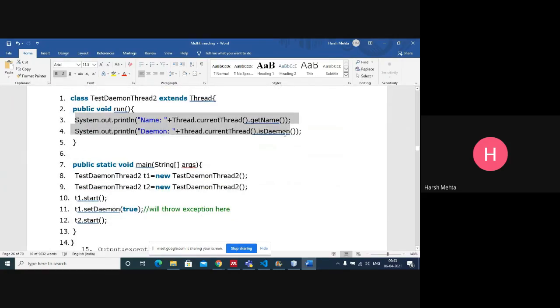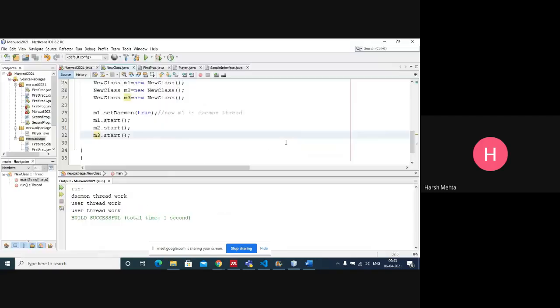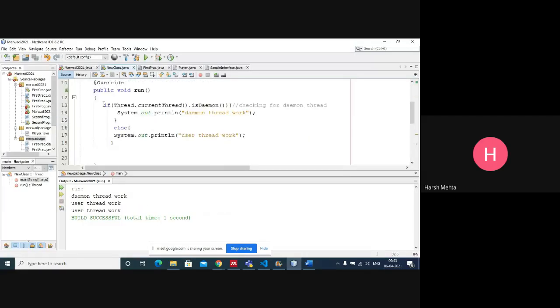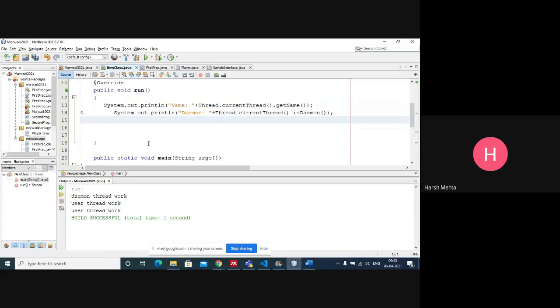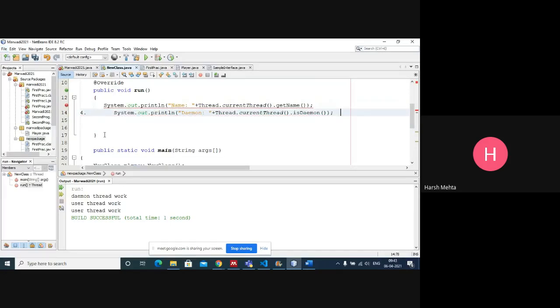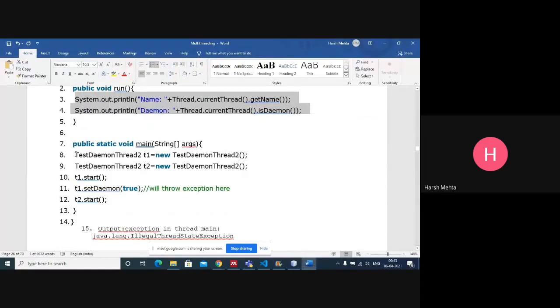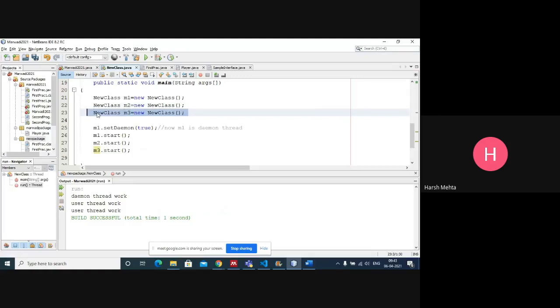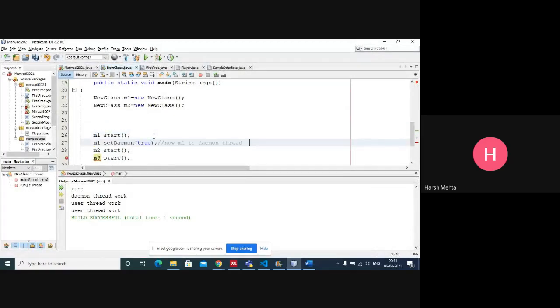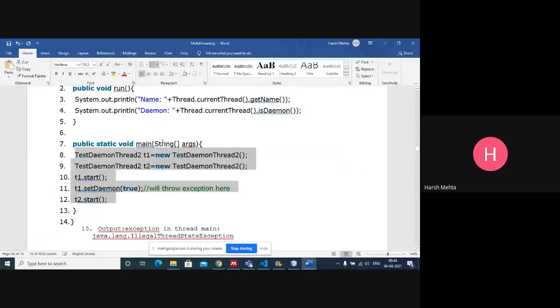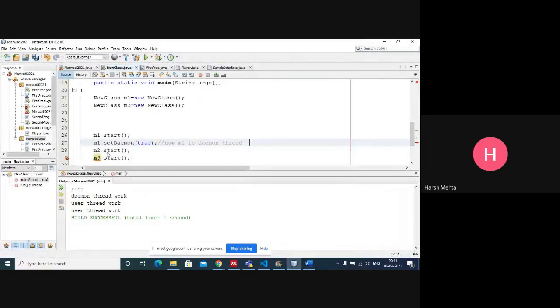Okay, let me just copy paste these two lines. There are two threads only, and M1 dot start. Let me put this thing here. M1 dot set daemon true. Once a thread starts, you cannot set it as a daemon.